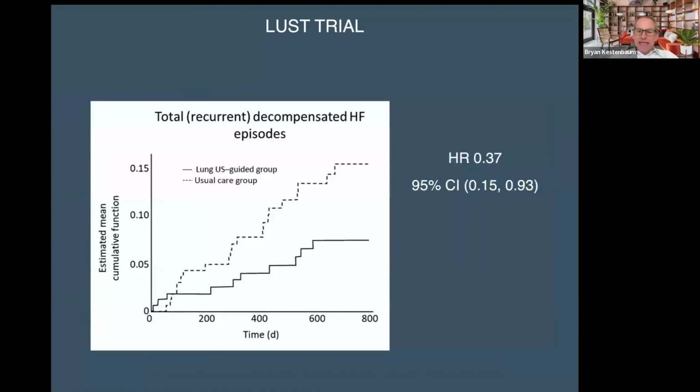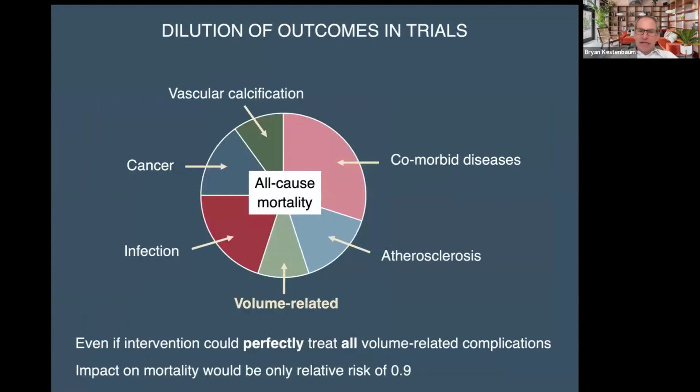One thing the trial did look at as a secondary outcome was episodes of decompensated heart failure, and they did find a large reduction numerically in decompensated heart failure episodes in patients who were assigned to the lung ultrasound group versus those in the usual care group. Again, this is a secondary outcome, not the primary result of the trial, and there's a small number of these events. However, it does bring up one of my pet peeves of many related to trials in nephrology, which is